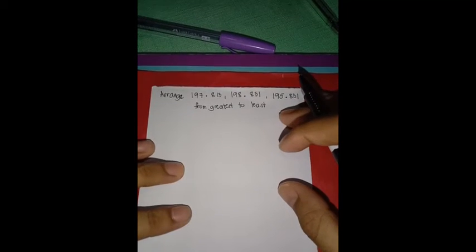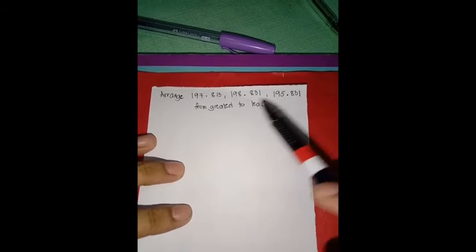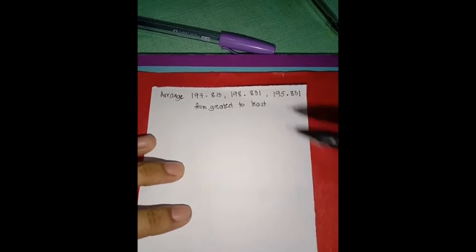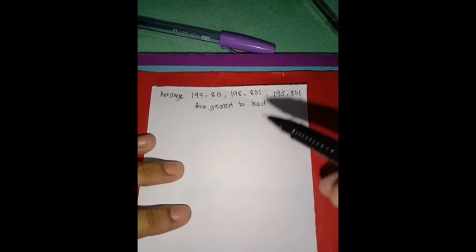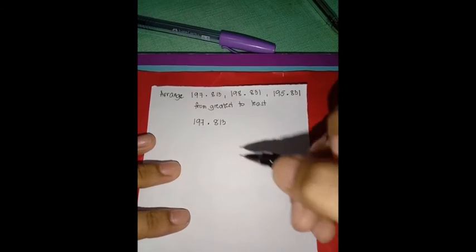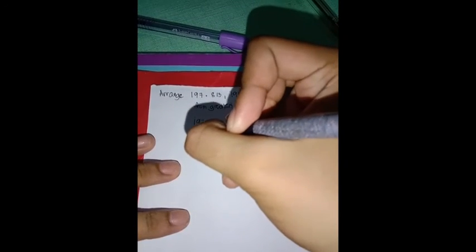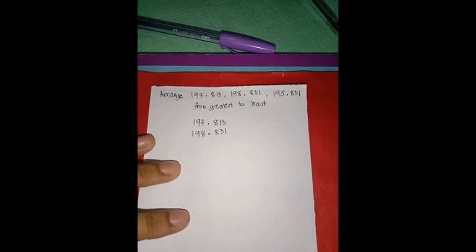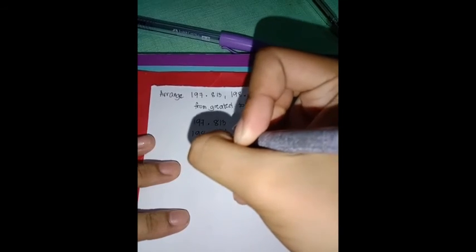Okay, so let's have another example. Arrange the decimal numbers from greatest to least. Greatest to least means starting from the largest going to the smallest. First, we rearrange the decimal numbers vertically. So 197 and 813 thousandths, and then 198 and 831 thousandths, and 195 and